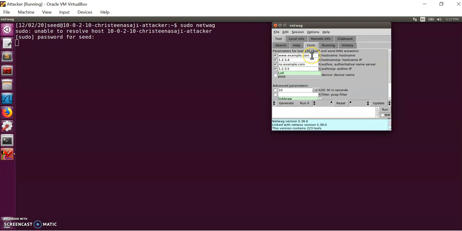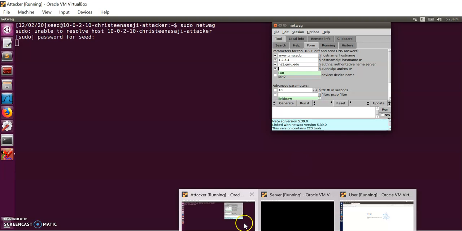Here we can enter a host name. I'm going to enter www.gnu.edu. Then this is the fake IP address of the host name, and here we have to enter ns1.gnu.edu. Here we have to enter the IP address of our server. In my case, the server